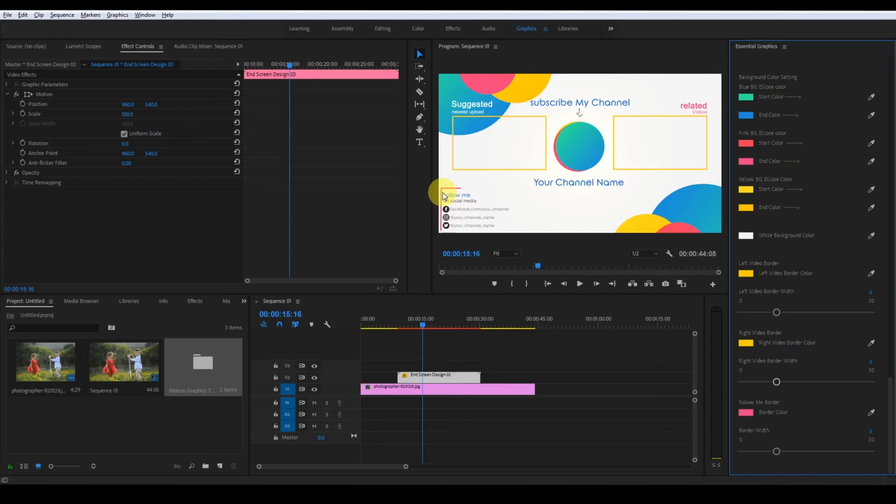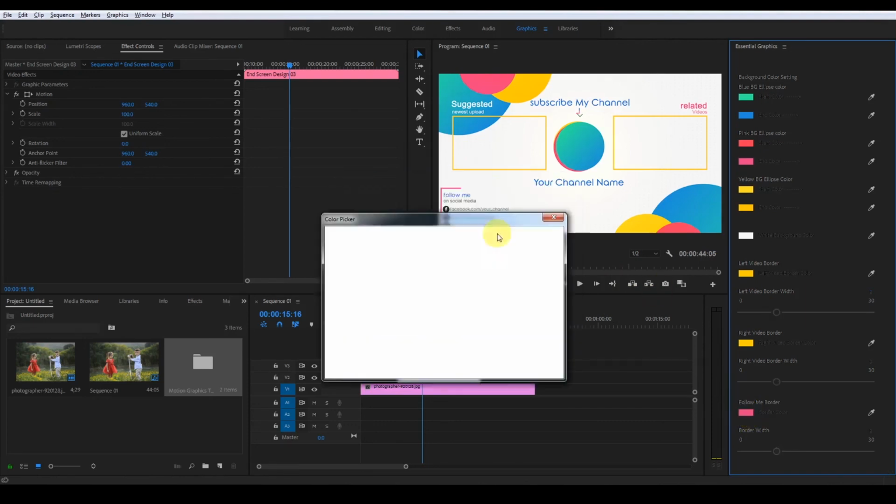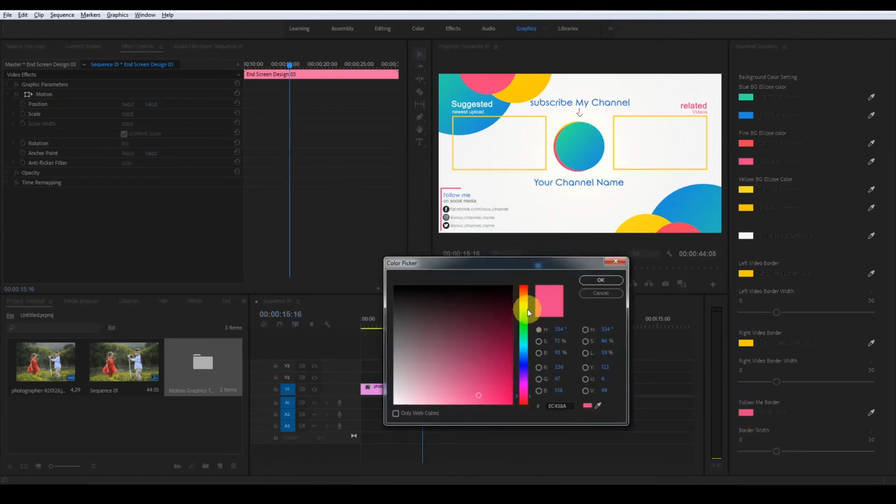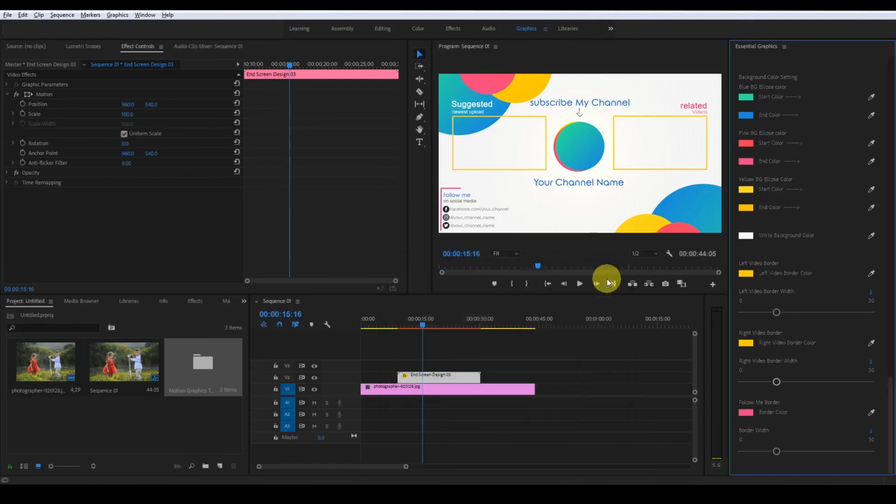If you want to change this border's color and width, you can do it from here. Like if you want this pink color to be yellow, just click on this pink color and select yellow and press OK. You can see it's become yellow. Or if you want, you just click and select from here.